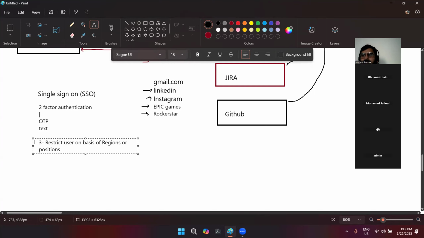Let's just take an example of Delhi. In Delhi, there is an organization called Morningstar, and Morningstar is giving its project to TCS. But Morningstar puts a condition like if you want to take this project, all the users that are going to be assigned to this project should be available in Delhi only.